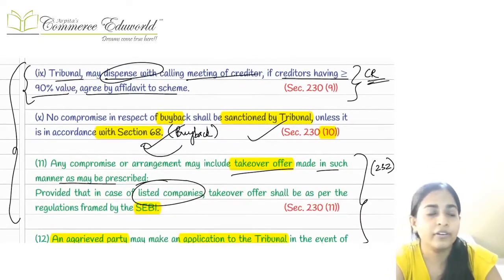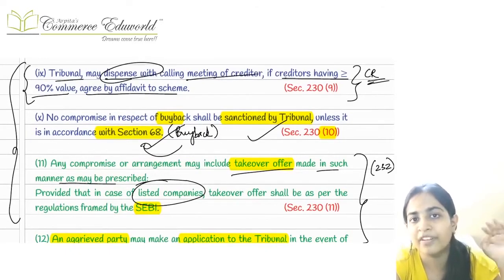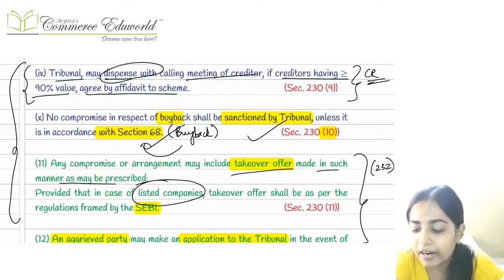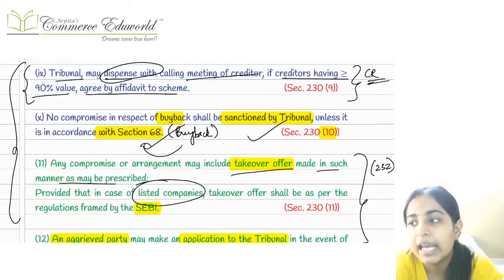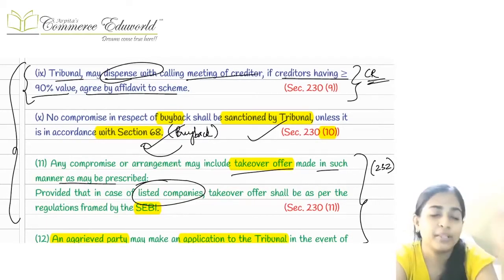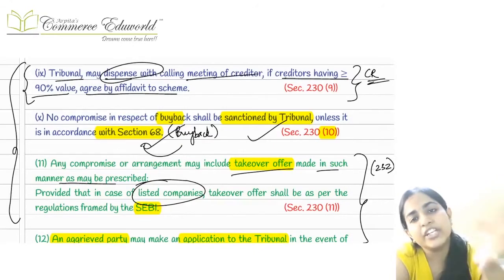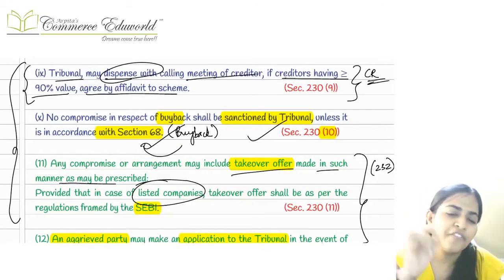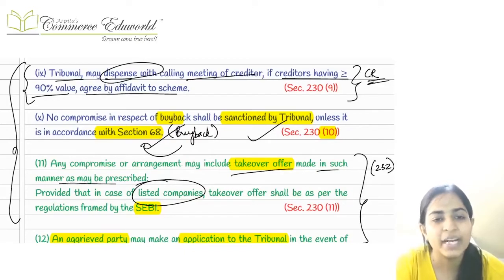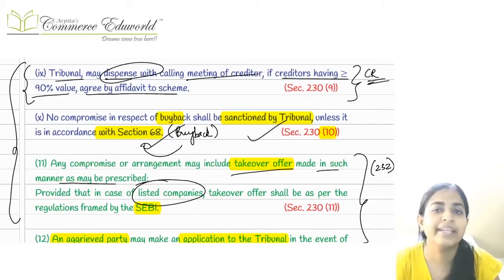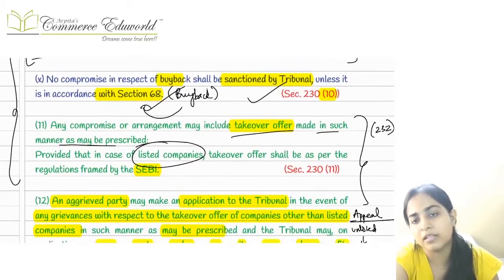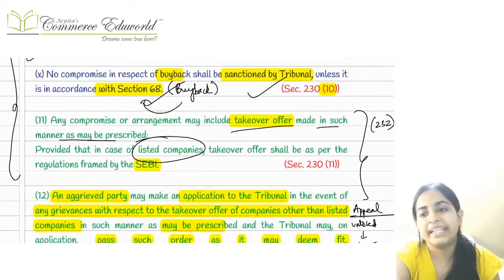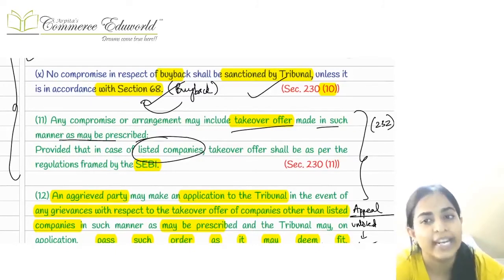Now, when we were calling for the meeting, if you remember, when we were doing this dual majority, if any creditors' meeting was required, and if initially the creditors have agreed by way of affidavit, signed by at least 90% of the value of creditors, that they are agreeable to the scheme, then they need not call for the meeting and take this dual majority of the creditors. The meeting can be dispensed with. There is no need to call the meeting because anyway you have got 90% of the value of the creditors approved.